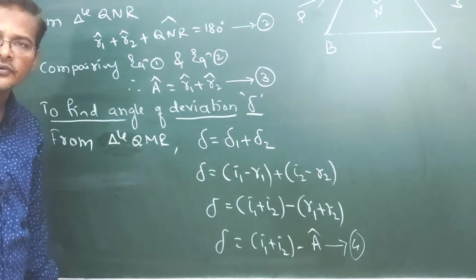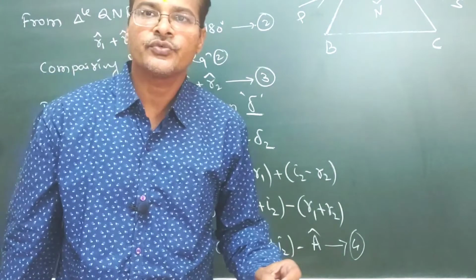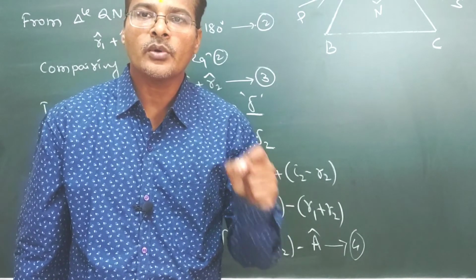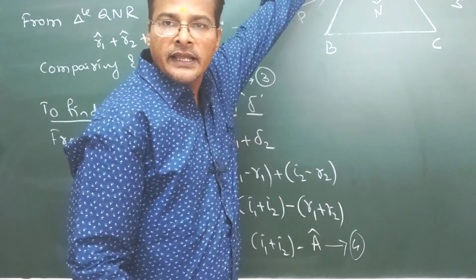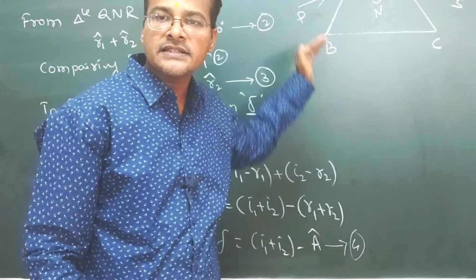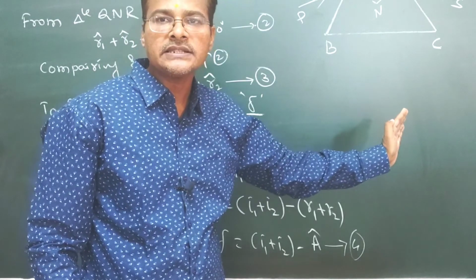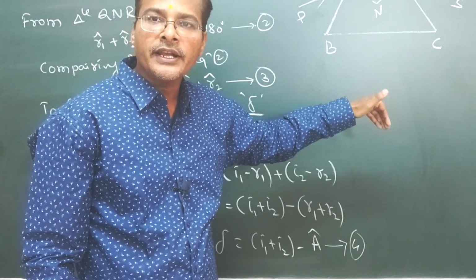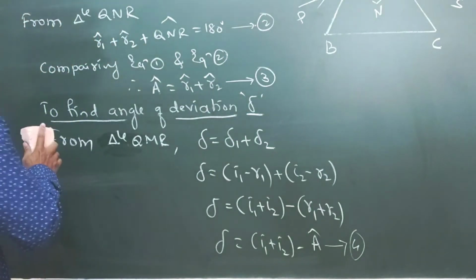Now next we are going to see the angle of minimum deviation. What do we call the angle of minimum deviation? As the angle of incidence increases, first the angle of deviation decreases, and as the angle of incidence gradually increases further, at a particular point it will again increase. So how exactly will I show it?